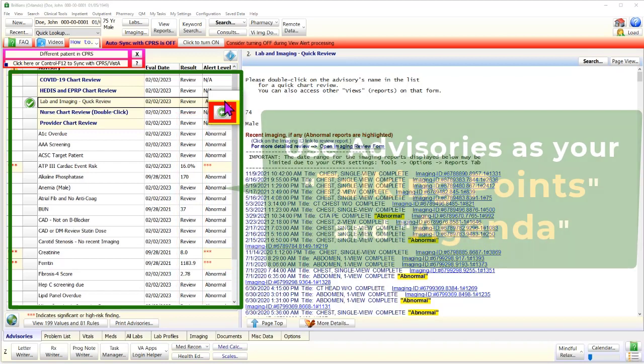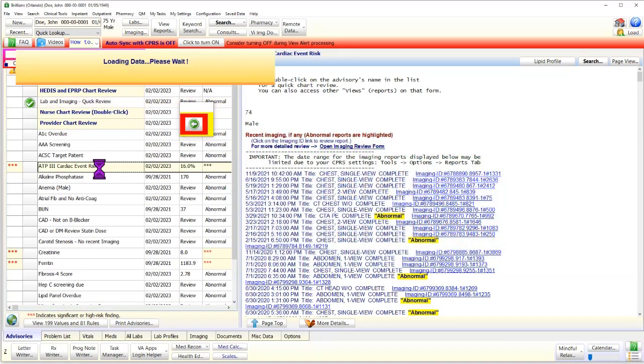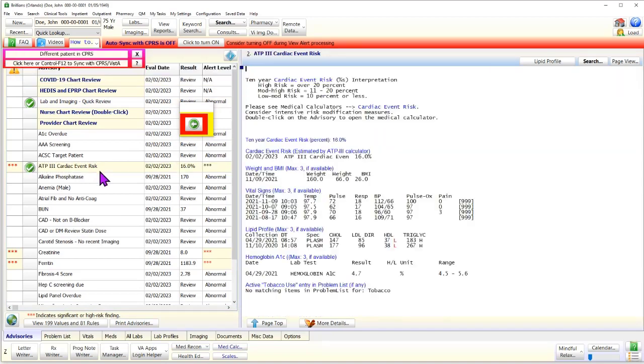So what is my agenda as a provider right now? I have to address these issues, some of which may be new, which I need to do something about. Some of these are chronic and stable. I don't need to do anything about those. So depending upon what I'm seeing, I click on cardiac event risk. So I know this cardiac event risk is pretty high. And my talking points are going to be